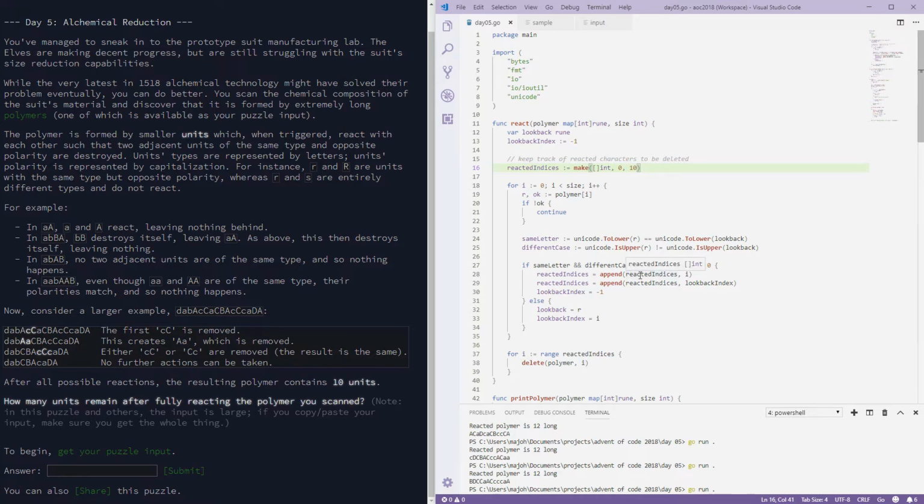We are then saying to delete that. Delete that. And we forget the look back index. So we're basically consuming those two. Otherwise, the look back is now the one we just looked at and with the index. So in DAB, dab on the haters,